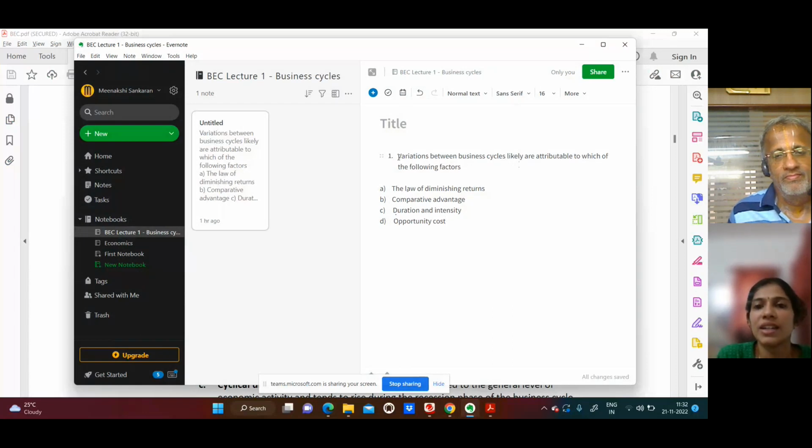So here, if you look at business cycle, what is a business cycle? The ups and downs of every business or every economy. That is a business cycle. Now, are attributable to which of the following factors? If you look at the options which are given over here, the law of diminishing returns. Law of diminishing returns altogether is a concept wherein